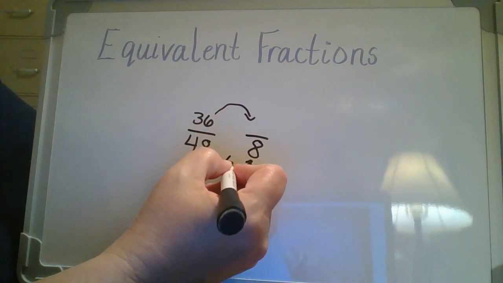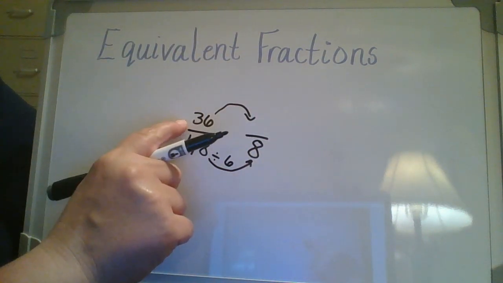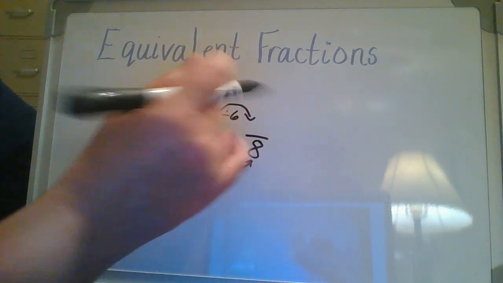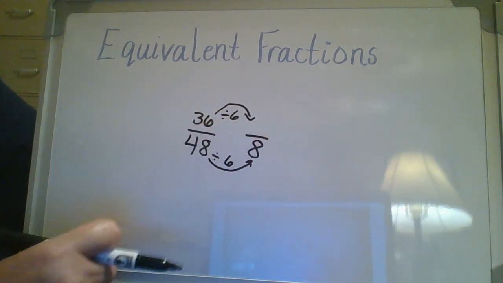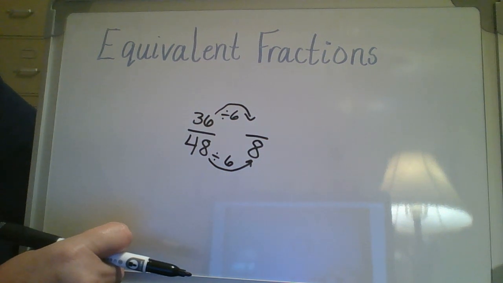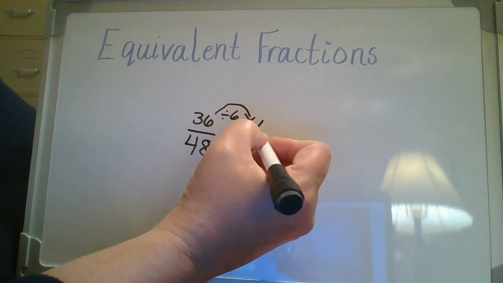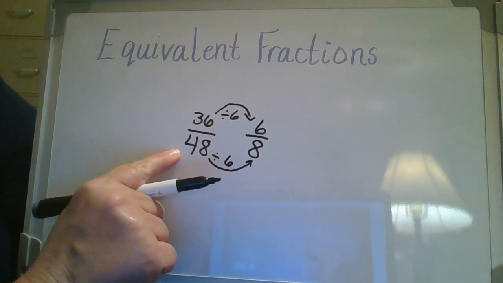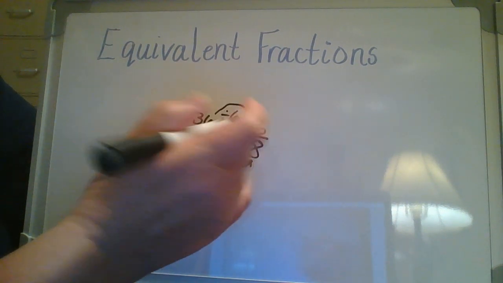Excellent, 6. So what I do to my denominator, I must also do to my numerator. So I must divide 36 divided by 6, and I get what? Awesome, 6/8. So 36/48 is equivalent to